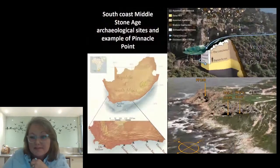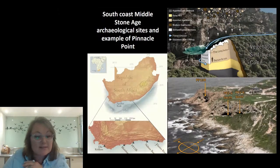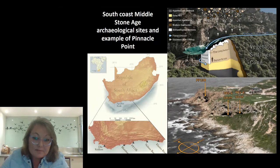In order to try to understand some aspects of the complexity, look at areas that have these sorts of deposits, and one of them is the Cape South Coast. So from De Kelders to Klasies River mouth, with many sites in between, Southern Africa has some of the richest archaeological sites from the Stone Age. I'm mostly going to focus on Pinnacle Point in this presentation, but that's simply because that's where we've done most